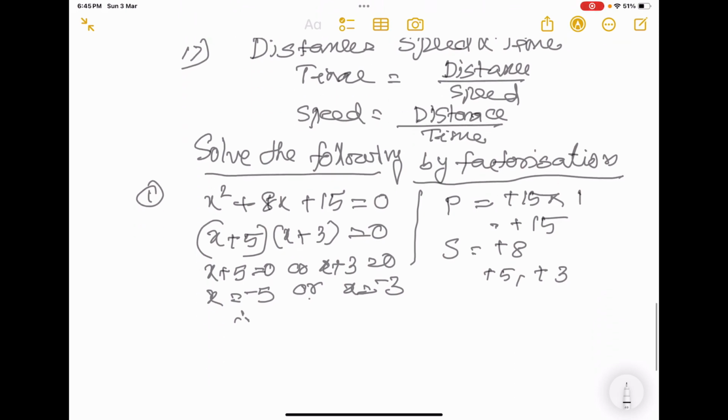Therefore, the solution is x equal to negative 5 comma negative 3. No brackets, simply write it like this, or x equal to negative 5 and x equal to negative 3. Don't put it in brackets, okay, be careful. Then the second question,